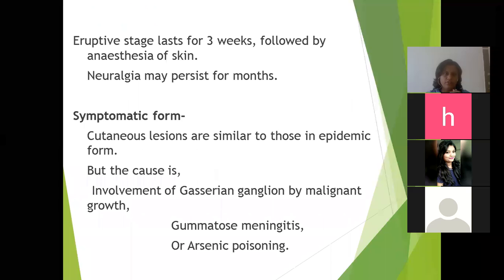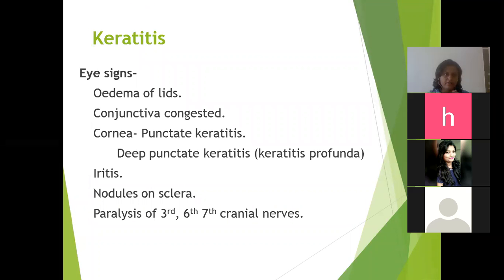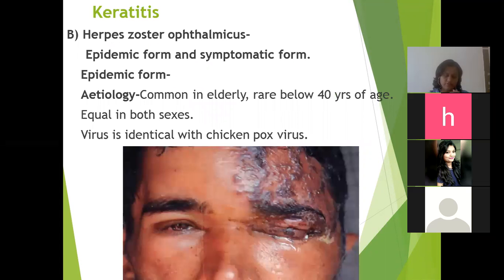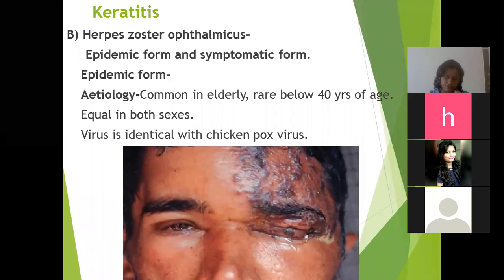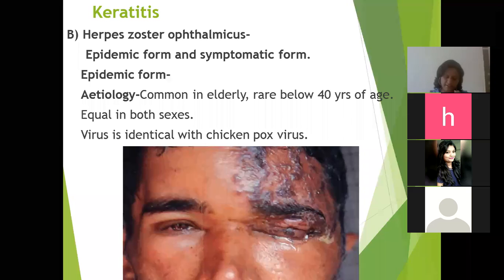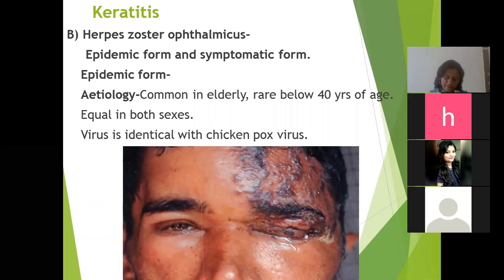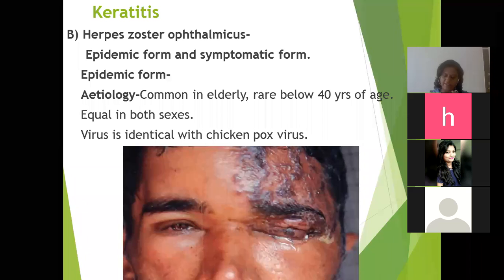So treatment of herpes zoster ophthalmicus is that we can use oral acyclovir with a strong analgesic, antibiotic, corticosteroid preparation, topical steroid, topical antibiotic, cycloplegic for iritis or severe keratitis, and systemic steroids with artificial tears and bandage soft contact lens, and penetrating keratoplasty in a case of dense scarring of the cornea.